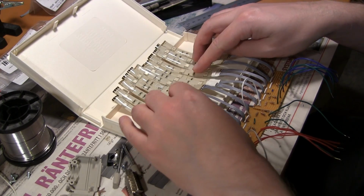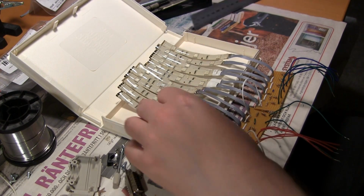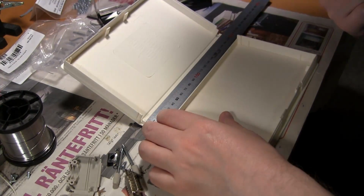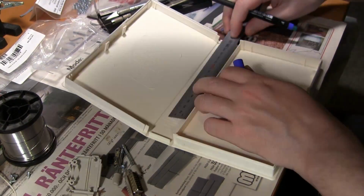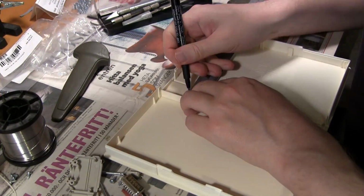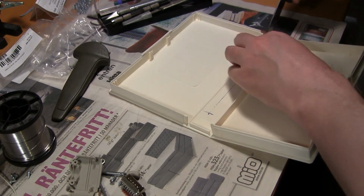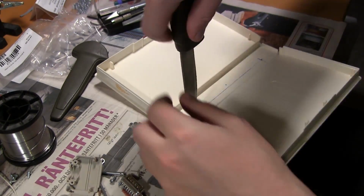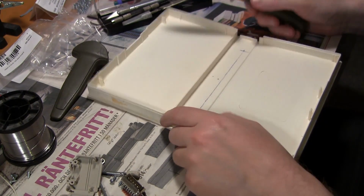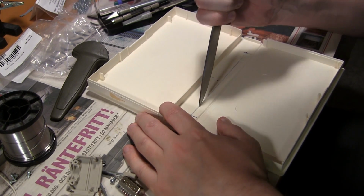So I need a way to get these strips on the outside while keeping the PCB with the resistors on the inside. So I have to make a cutout in the back of the case. So just some rough measurements to make a hole that isn't all wrong, and some markings. And I thought of using a knife this time, because this plastic is kind of soft, so it feels like I should be able to cut through it fairly easily, but at the same time it's very tough. So it actually took quite a while to make this